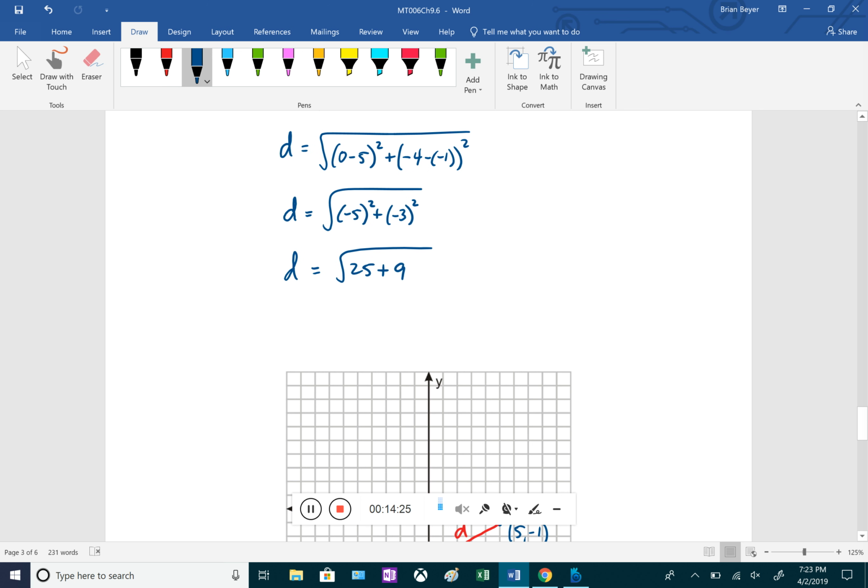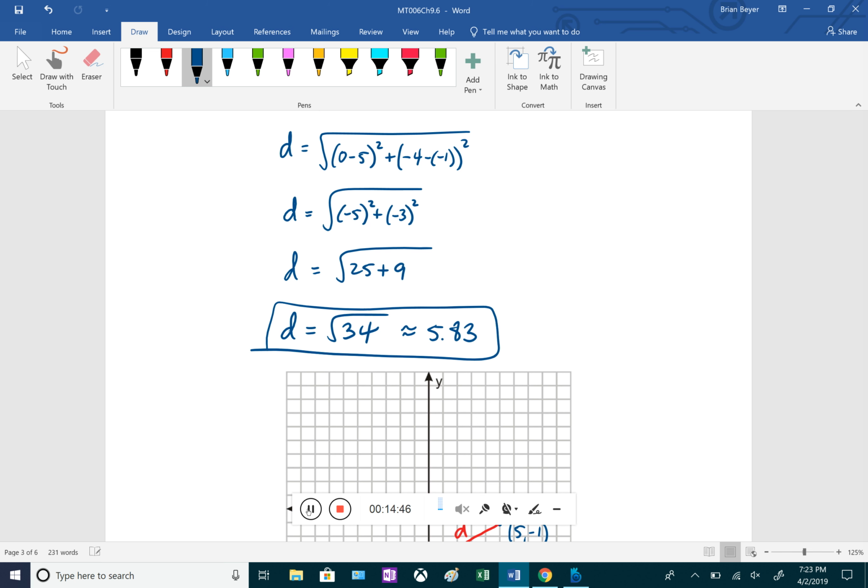So we get D equals the square root of 34. So we can plug this in the calculator. Once again, it's not going to be a perfect square, but we're going to get around 5.83. So we should have known it was going to be a little bit less than 6 because